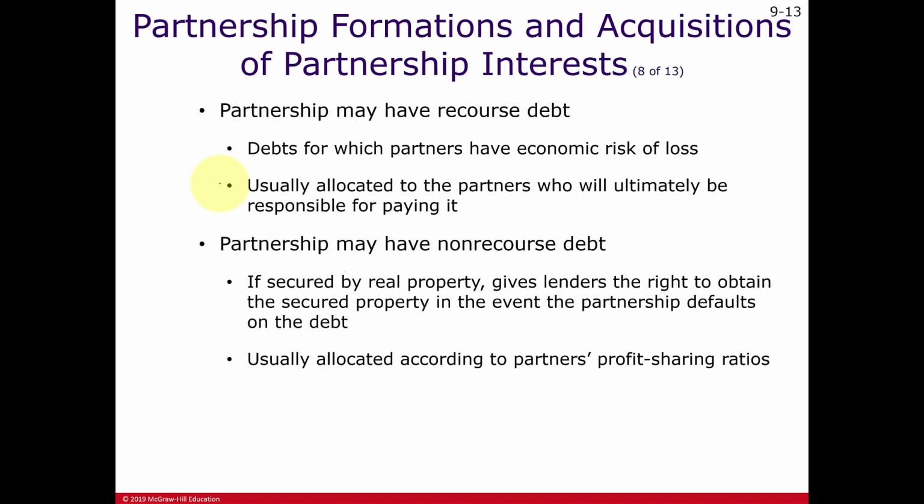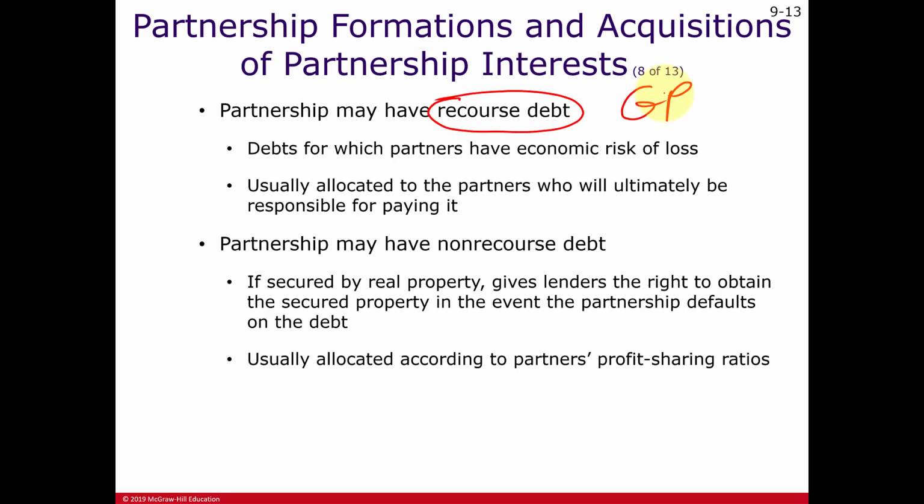Let's see if we have an example here. Before we take a look at an example, there are different types of partnerships, like a limited partnership, limited liability partnership, and so forth. And there are also different types of debt. All of these different types of partnerships, partners, and debt may affect how you allocate the debt among the partners. In the case of recourse debt, recourse meaning that whoever lent the money, the creditor, can go after not just the business, but the individuals who promised also to pay back the money. In the case of a general partnership, where all the partners are general partners, they are personally liable for any debts the general partnership cannot pay off. So by definition, debts of a general partnership should be recourse debts